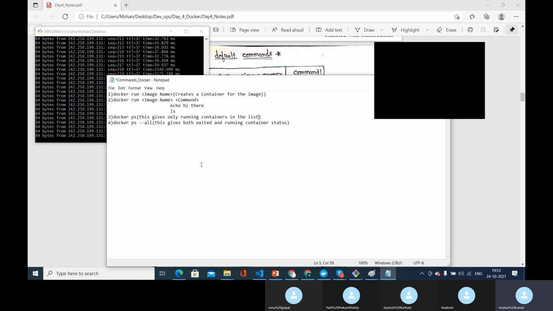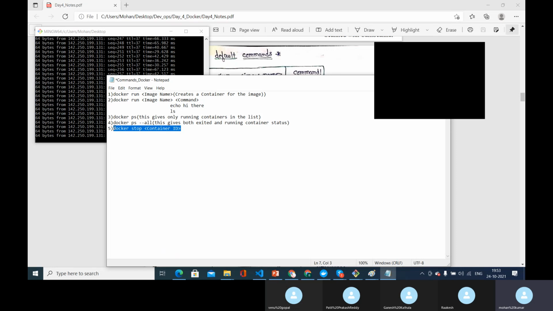Now let's understand how to stop this running container. It keeps on running, and now we want to stop it, and then restart the stopped container. Let's see how to stop the container that is running and how to restart it. The command to stop a container is docker stop and the container ID.